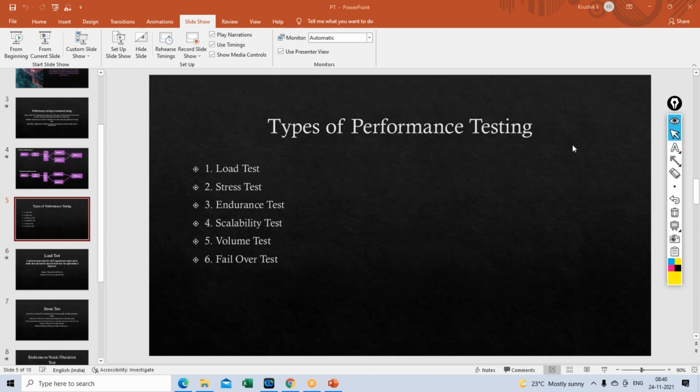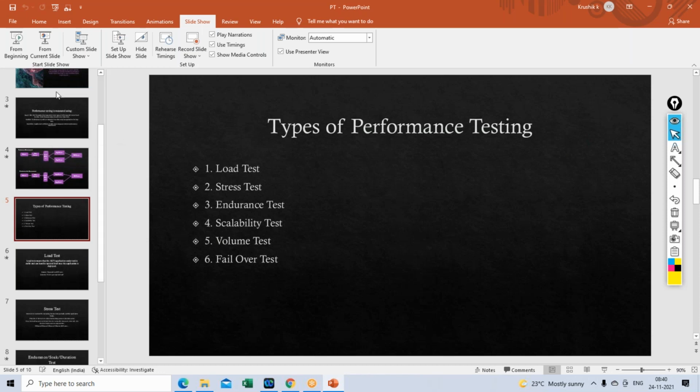Yes, I will be taking one additional session for non-IT guys, especially, to make them familiar with performance testing terms and terminologies. So what do I mean by terms and terminologies here? For example, we have discussed one term, AUT, application under test.